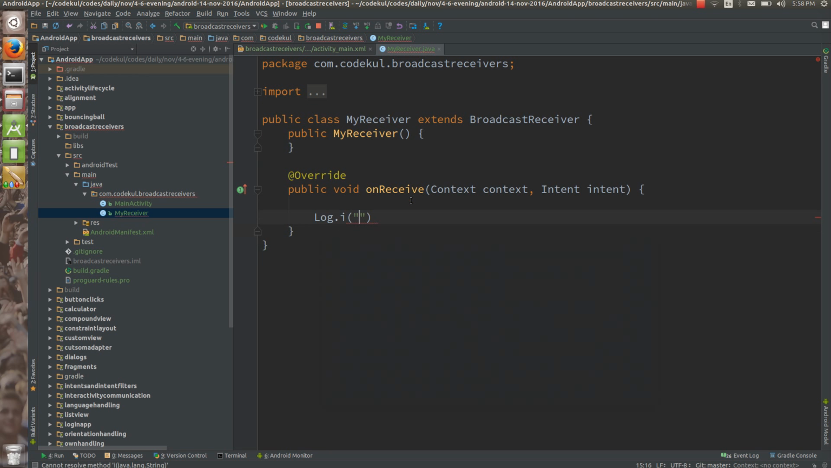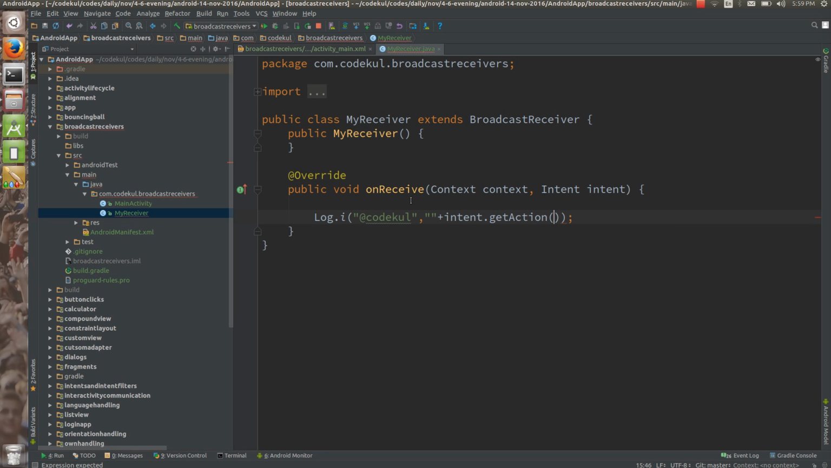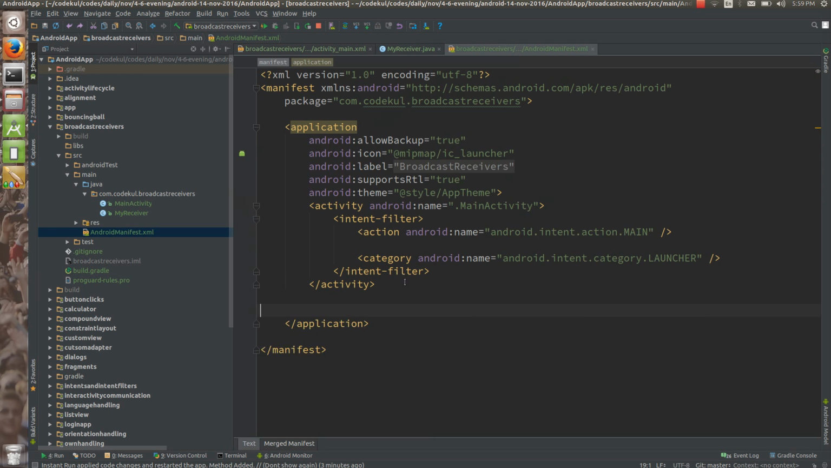Log.i at codecool, and say incoming action, intent dot get action. We are going to print the incoming action. So every intent will come with the action, category and data, and every intent would be having some action. We will print that action in the log, and I'll go to the manifest file, and here can you see this thing,